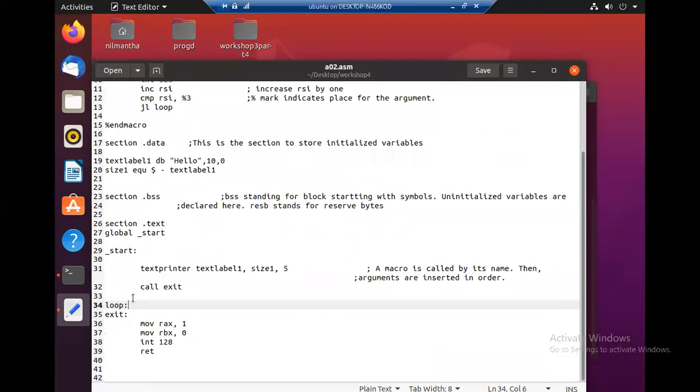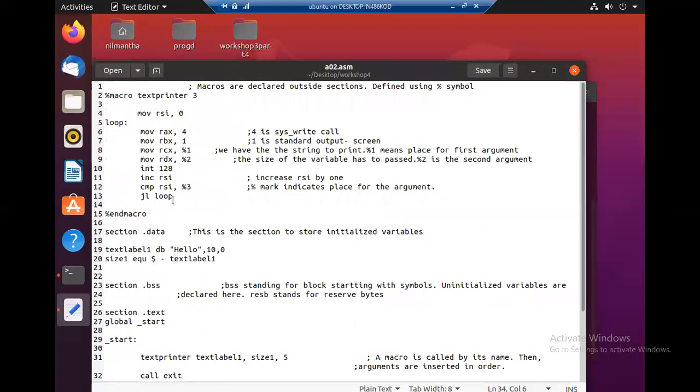But in the main program also you have a label known as loop. So when this is executing at this conditional jump statement, there is an ambiguity. Ambiguity means uncertainty.